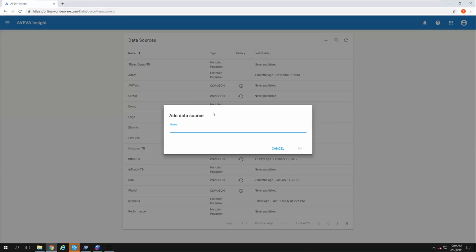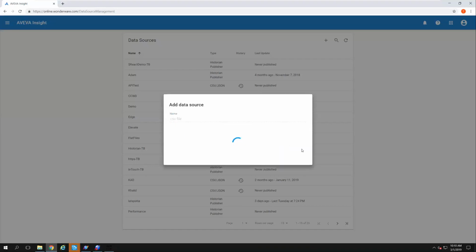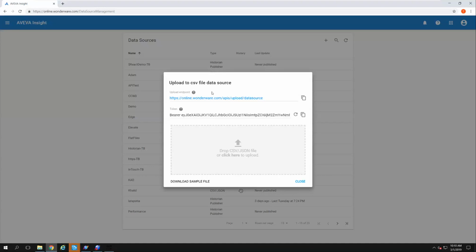Give it a name for the data source. So I'll just give it CSV file and click OK. And a couple lines up top, you have your endpoint URL and your bearer token. And you can use these if you want to push directly from an HTTPS endpoint using a third-party application, maybe such as Postman. But if you already have files saved on your computer or node, you can quickly just drag